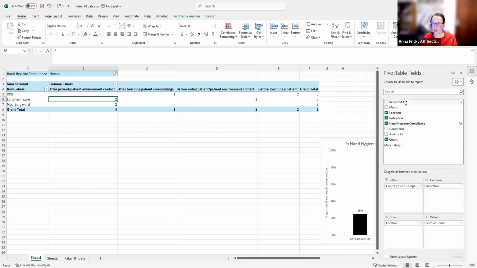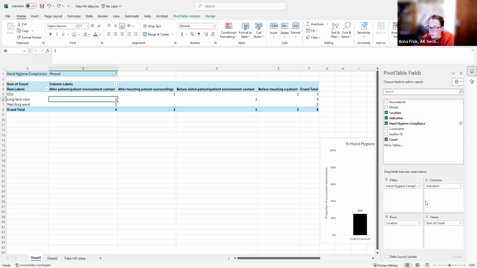So it takes your column names and puts them in here. When I had the pivot table set up from something that was already formatted as a table, I had already told it that those headers were my variable names. So all my variable names are accessible to me here.